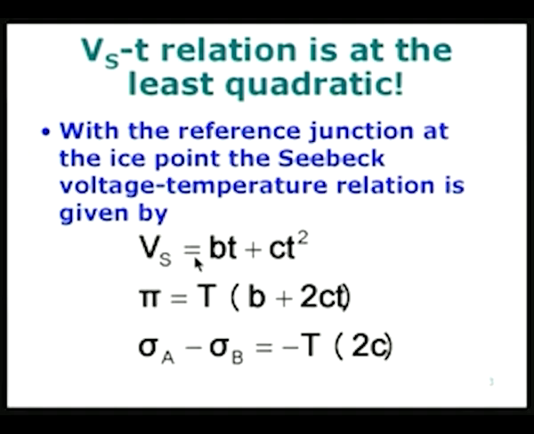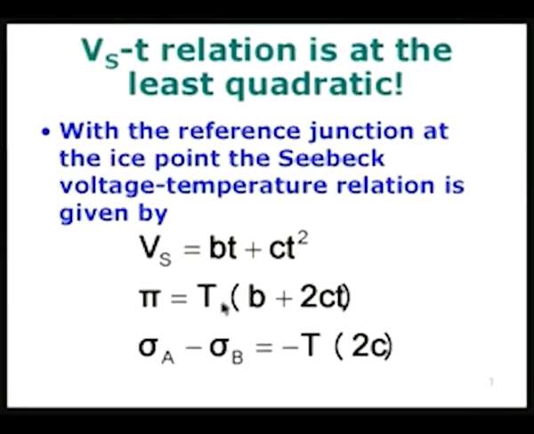Alpha is nothing but the differentiation of Vs with respect to temperature, and in the Kelvin relationship we were using only the capital T. As far as the derivative is concerned, whether you take the derivative with respect to capital T or lowercase t is of no significance, it will be the same. Therefore, I will take it as T into dVs by dt, where t is the temperature. Differentiating, I get B plus 2Ct, and sigma a minus sigma b, the difference in the Thomson heats,